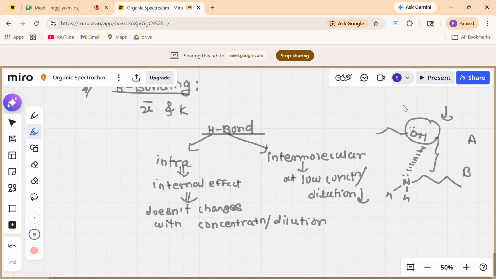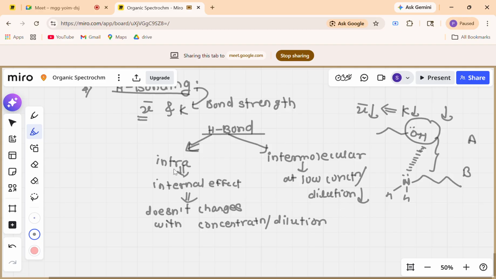If there is hydrogen bonding present in any particular system, then the stretching frequency of this OH will get affected. The force constant decreases, and as we see, if the force constant decreases, then your stretching frequency will decrease as the bond strength decreases because of hydrogen bonding. So basically hydrogen bonding is affecting the bond strength of the molecule, and hence the specific bond that we are seeing, its bond strength will get affected, and hence the corresponding stretching frequency value will